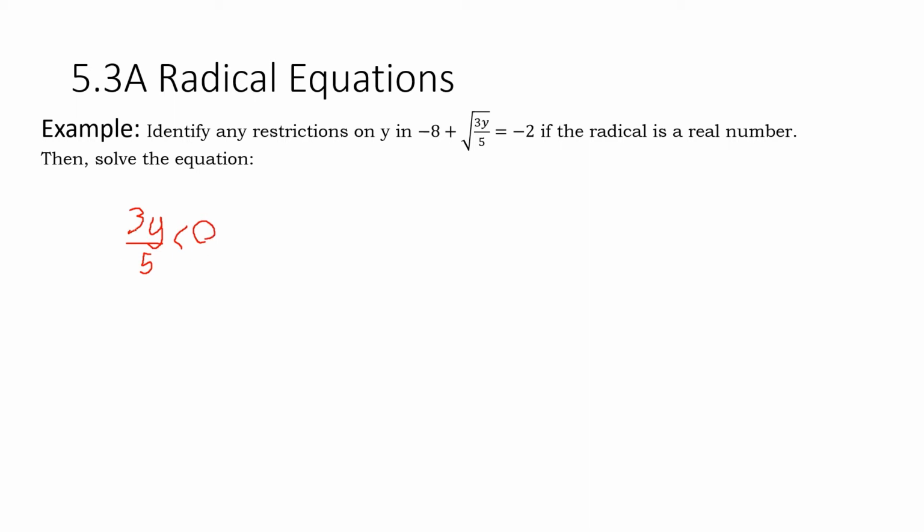So solving this, we want to isolate our y. We can divide by 3 or multiply by 5 first. Doesn't matter which. For funsies, let's divide both sides by 3 first, because most people get rid of what's underneath. It'll work out to be the exact same. I'll show you. So if we divided both sides by 3, then we would have 3y over 15,